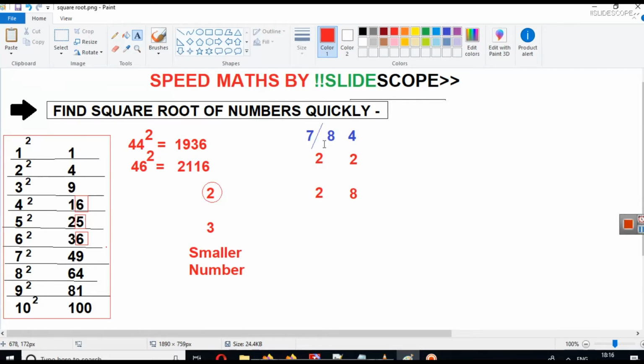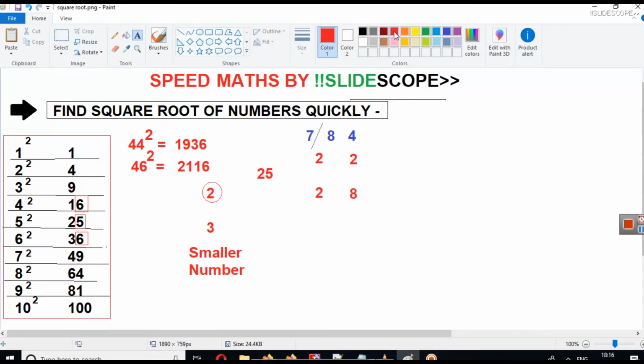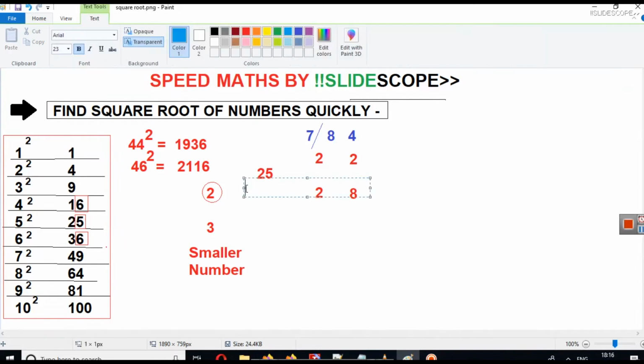Now if you remember the last chapter, we discussed finding squares of numbers ending in 5, right? So which number can decide whether this number is the square root of 22 or 28? The number between them that ends in 5 is 25. We know that the square of 25 is 625. Again, we discussed how to calculate this. If you don't remember, it's a very simple trick. I will show you here.